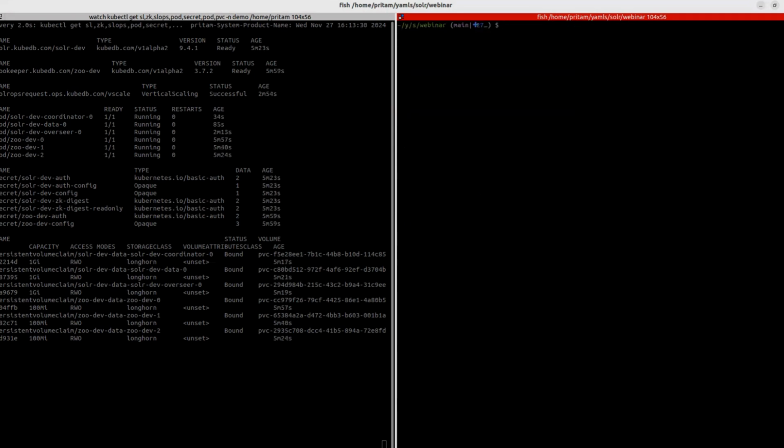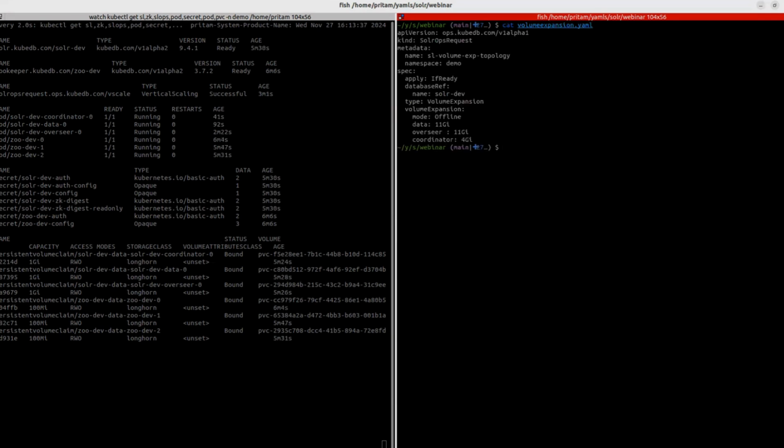So now we will go through the volume expansion. If we get the YAML of the volume expansion, we can again see that this is the spec for volume expansion. Obviously database reference and type is a common field, and here type is volume expansion, and mode is offline. That means the pod will take a restart before expanding the volume of the pods. And we have also specified the space that we want in the PVCs. So if I just apply it,